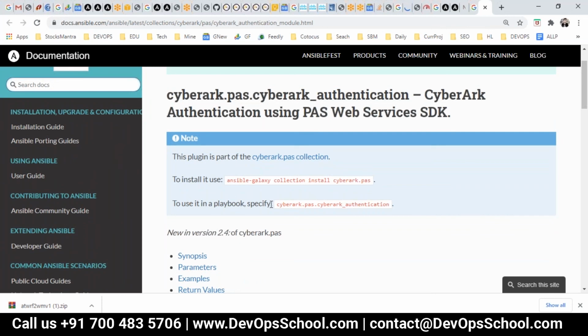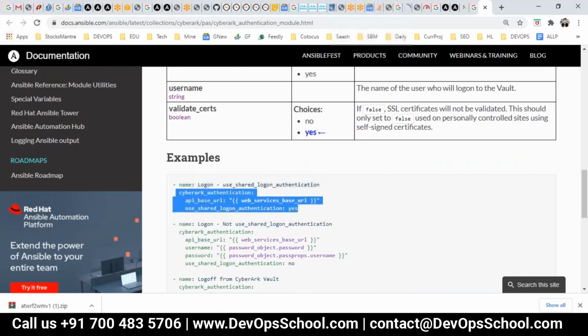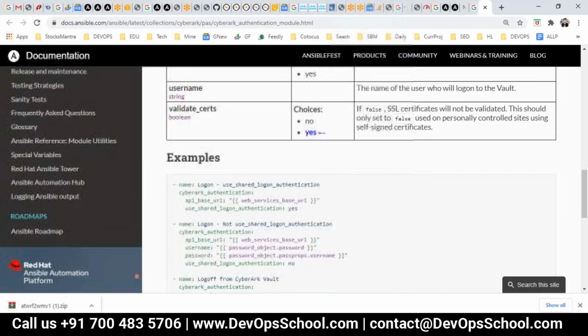So guys, by the way, this is one of the collection modules which you can install using this command. What is Ansible Galaxy? I'll talk about that later, but you install it, and after that you have to use this. These are the parameters which you have to use. These are the examples. I have not covered playbooks yet. What you see in the example is a playbook. The moment I cover playbooks, you will understand that.